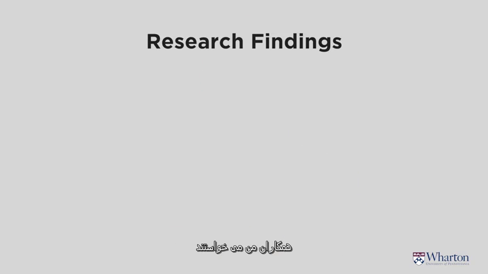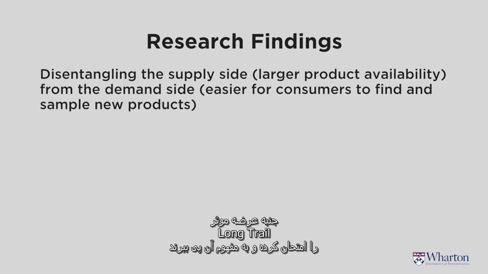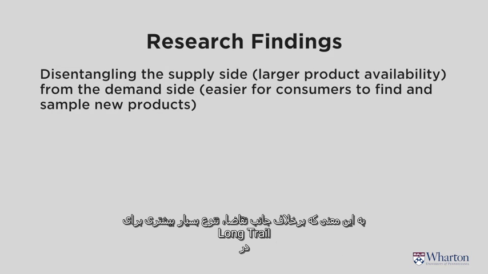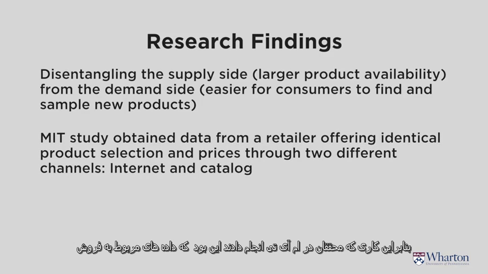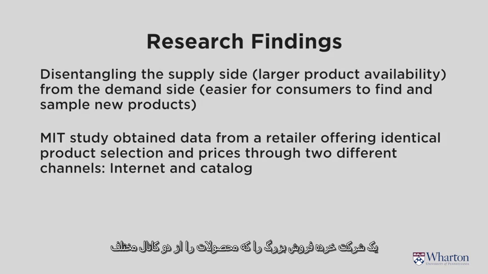The colleagues wanted to try and understand or disentangle the supply side effect of the long tail, meaning there's a lot more variety available, versus the demand side explanation for the long tail, which is it's now easier for you to search and find things that you really like that match your taste, those products in the orange part of the tail. So what the study authors did at MIT is they got sales data for a large retail company